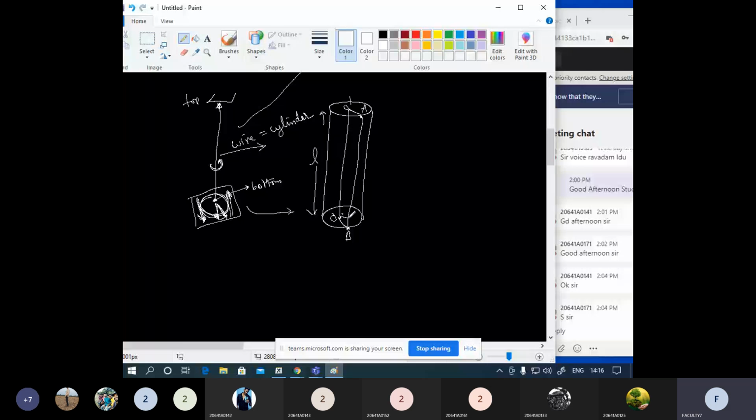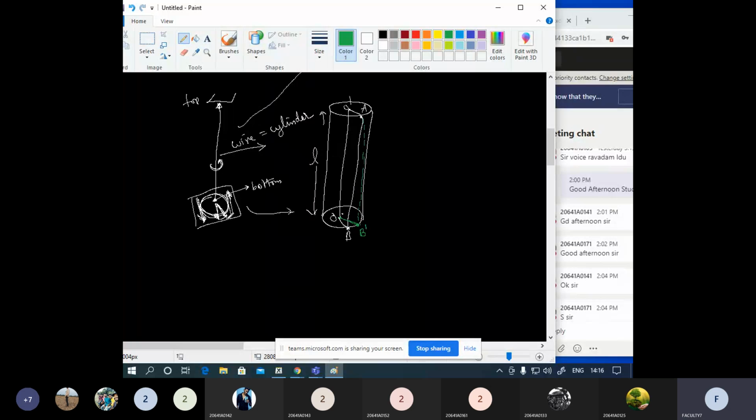Let me draw with another color so that you can identify. Now this point B is going to be displaced to a new position. Consider this as the new position, and now you join these two. If you observe here, this is the new position of the previous line AB. So AB has reached a new position, AB bar.